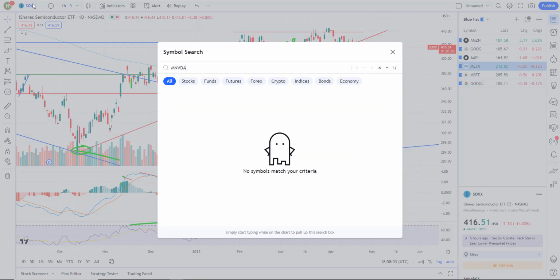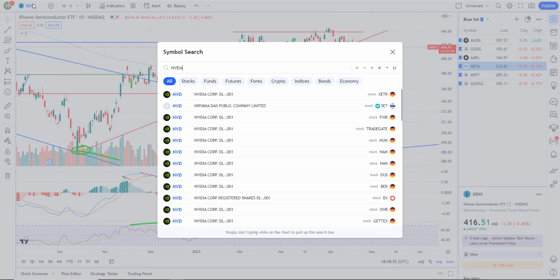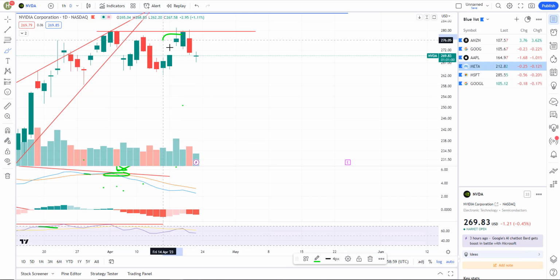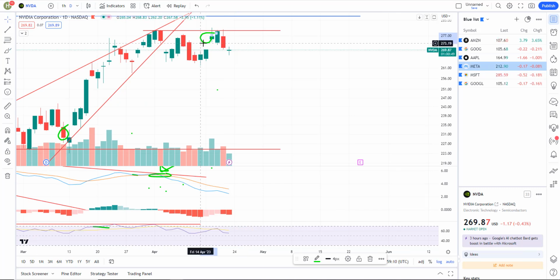NVIDIA, let's go ahead and look at this one. Again, I know the other day I had someone comment that they lost 10 years worth of private membership monthly charges based on this little 3% gap up. Look, if that's true and you can't take that, you're too heavy in the position. I talk about that in my course.